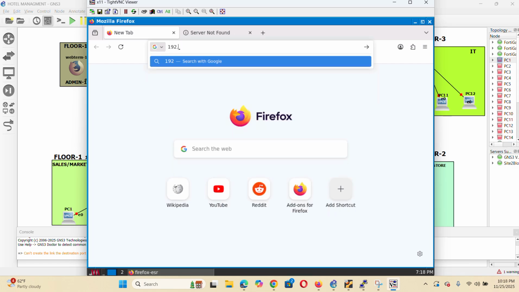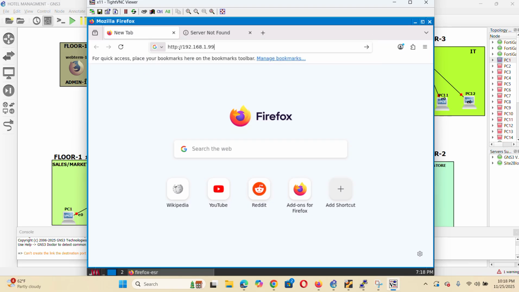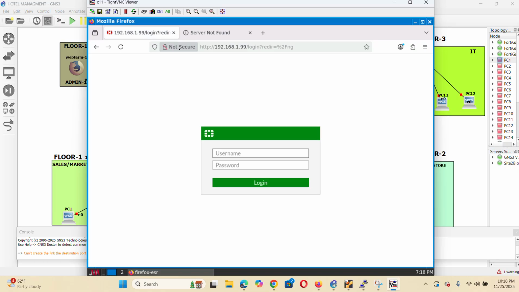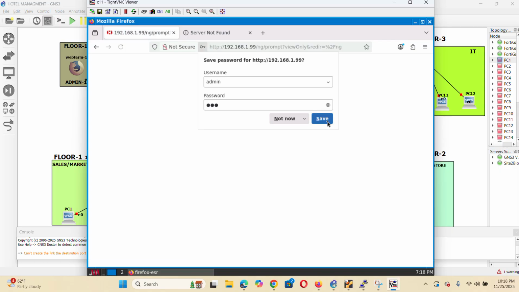Enter the IP address of the FortiGate, 192.168.1.99, and then click enter. Perfect. It asks for a username and password. Our username was admin and the password. Then click login, save,